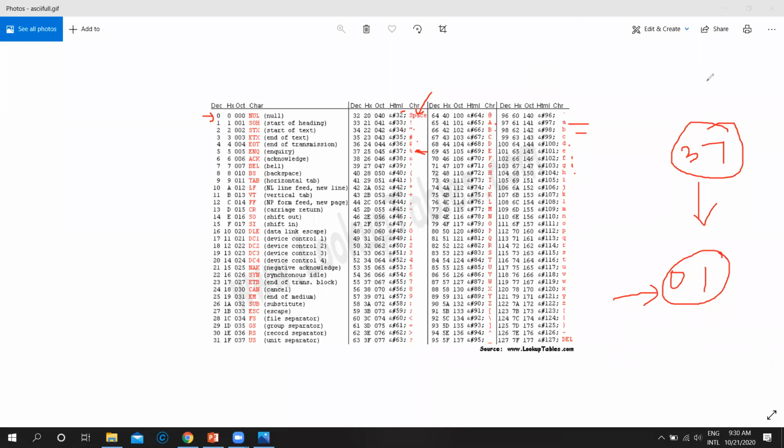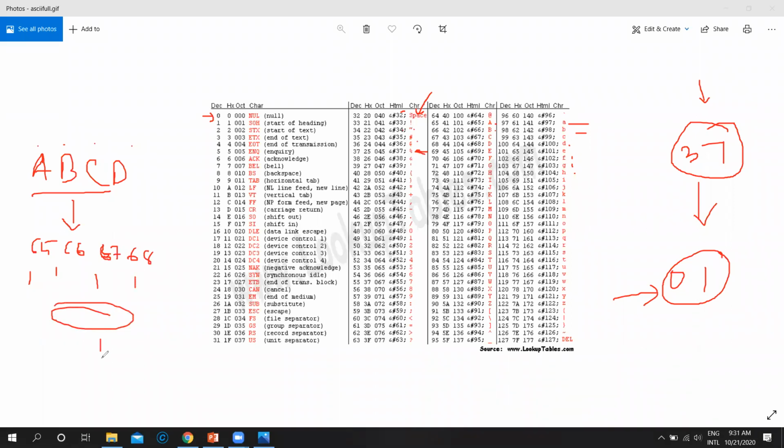Before coming to the main message, on the screen it is converted back again. Whenever you press A B C D on your keyboard, you can see A B C D on the screen, but the computer instantly converts A B C D to some binary numbers. We know that capital A is 65, capital B is 66, 67, 68. Then the computer converts all of these to binary numbers and processes the information. Then again it shows us A B C D,